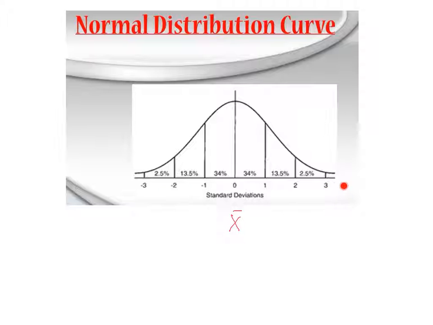When I do that, I find that 68% of the data is going to fall within one standard deviation of the mean. So 34% above, 34% below. That's 68%. Would fall within one standard deviation of the mean. Okay, and then we say